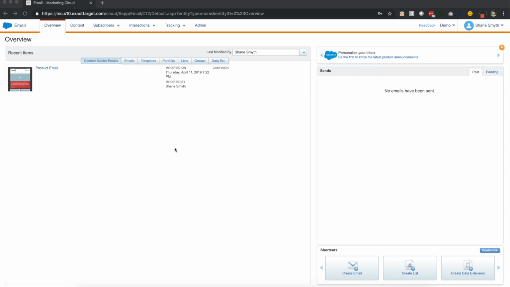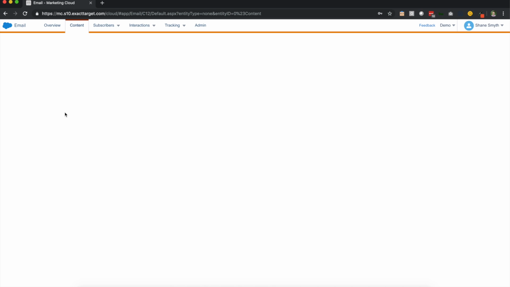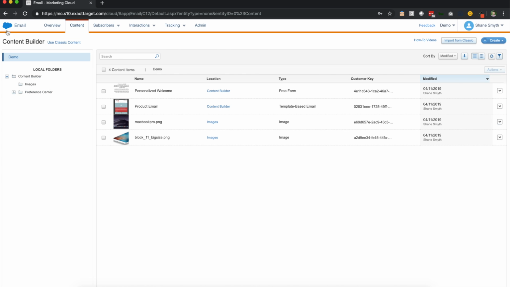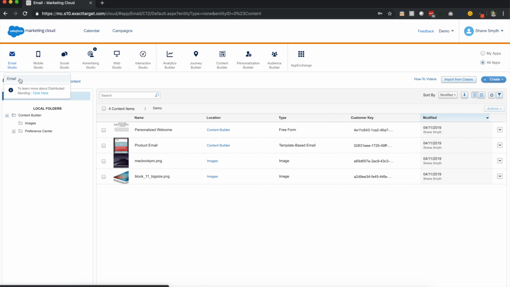Today we're going to be talking about Content Builder and emails inside of Marketing Cloud and how to send a single email. So today we're going to start by going to the Content tab. There are actually two ways to get to this section. You can see that we're in the Email Studio right now. You can either go to the Email Studio in the Content tab like we just did, or you have the